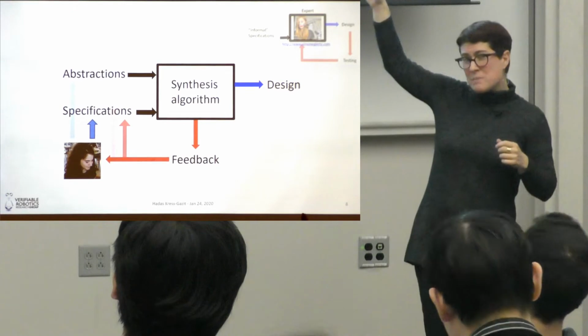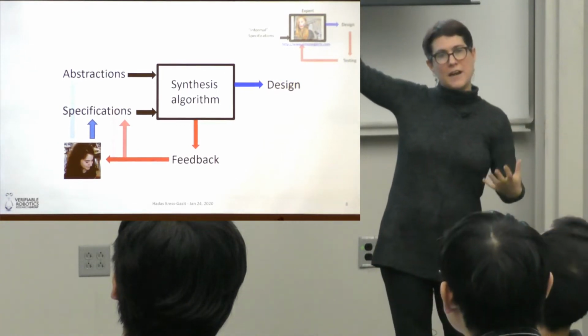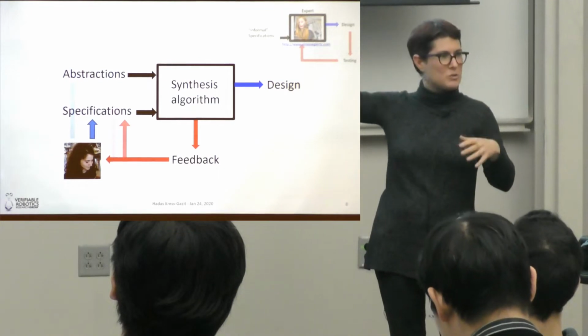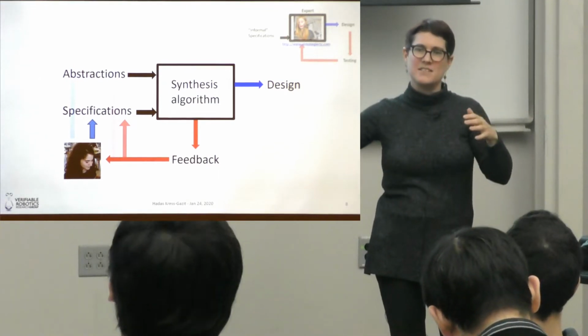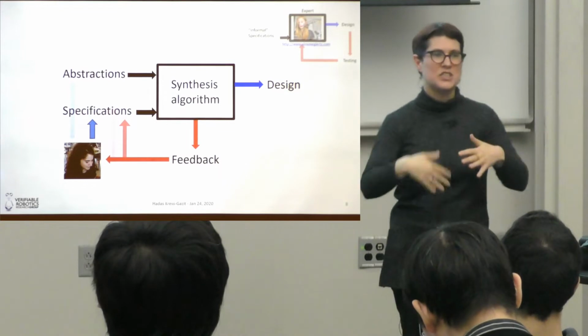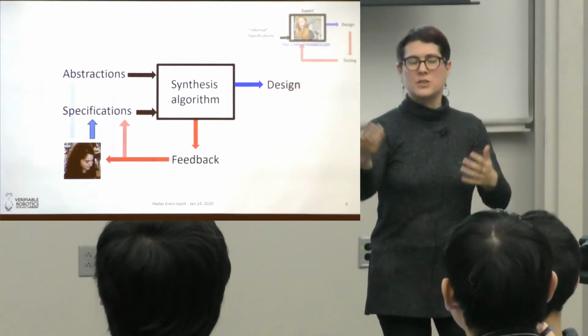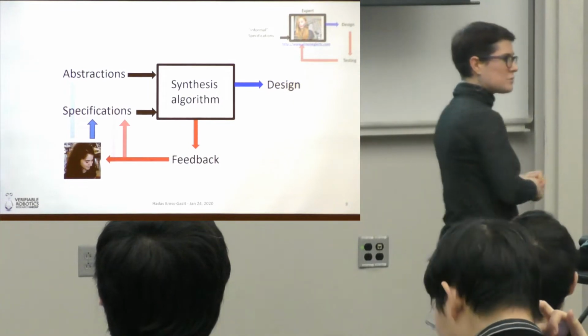Maybe there are other specifications we can do. And maybe I could use that feedback to refine my abstractions. So the transparency talks about how difficult it is to automate these things. Providing information is easier than changing the specification automatically, which is still possibly easier than changing the abstraction.